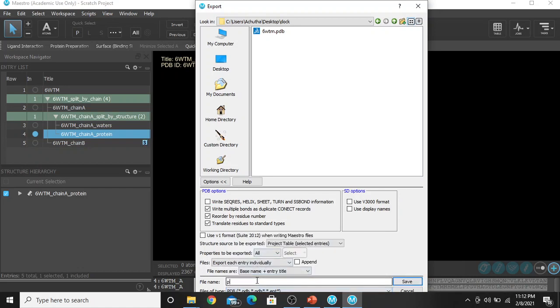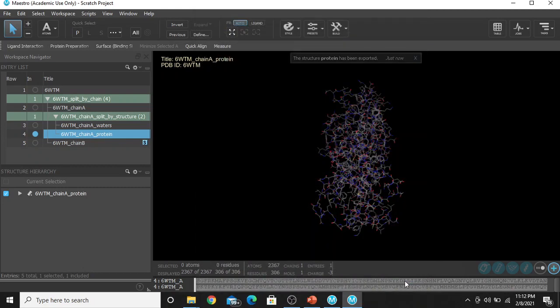Then you need only to give the name. Then make sure this is export each entry individually. It will be like that, but please cross check it. Save. So our protein is ready for docking.